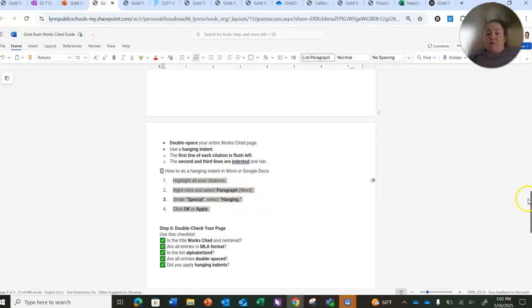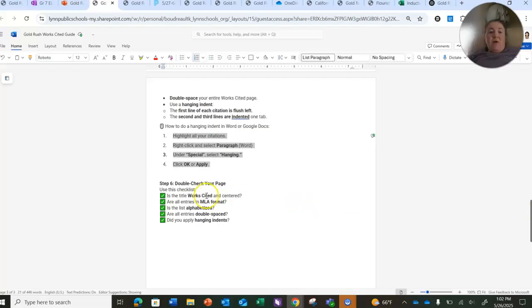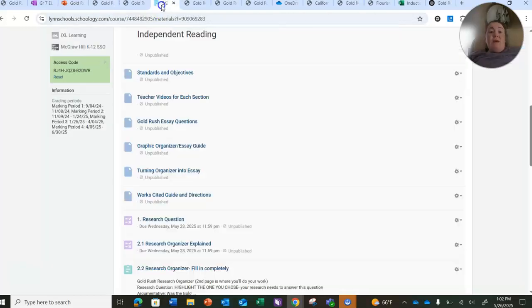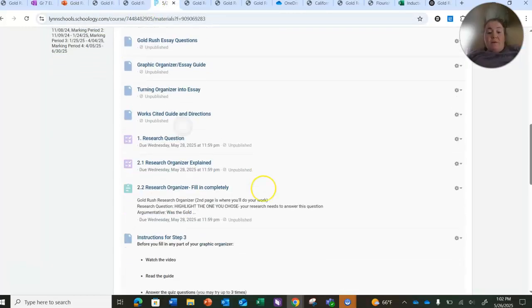Then you're going to check it over and you're going to say, is Works Cited centered at the top? Did I use the MLA format? Is it ABC order? Is it double spaced? Do I have my hanging indents? Because if you look at the